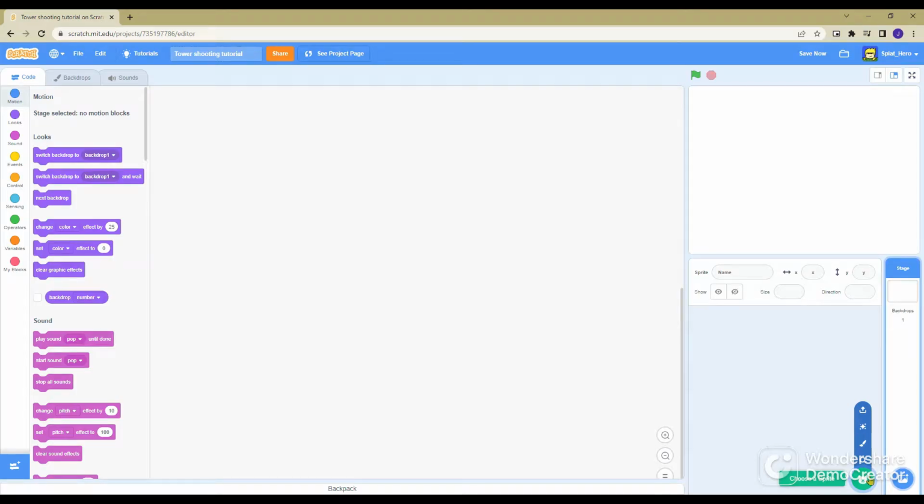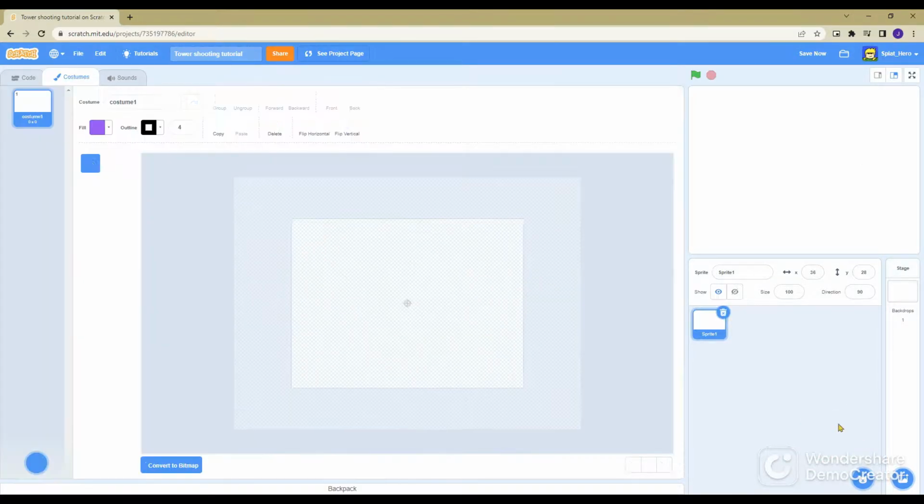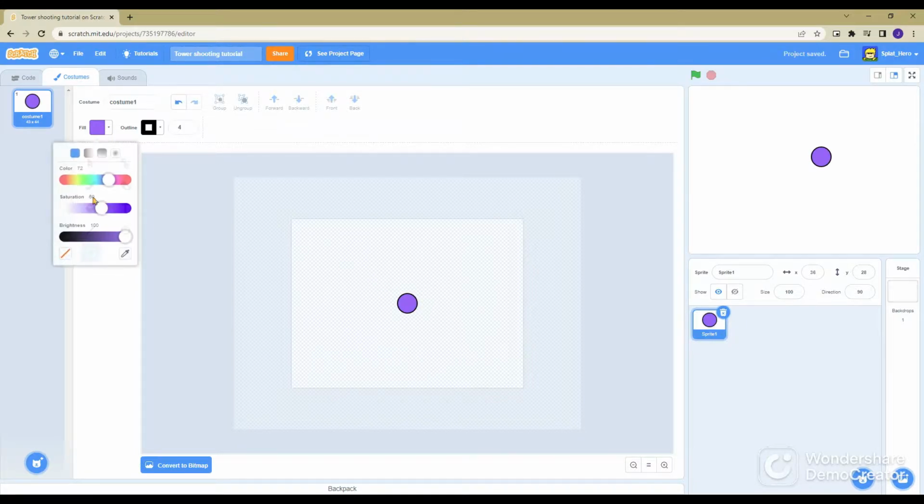We're going to be making a game where there's a tower in the center and you move the mouse around to aim the tower, and when you click you can shoot a bullet. So we're gonna start by painting. We're just gonna make the sprite or the player, and then we'll want to put